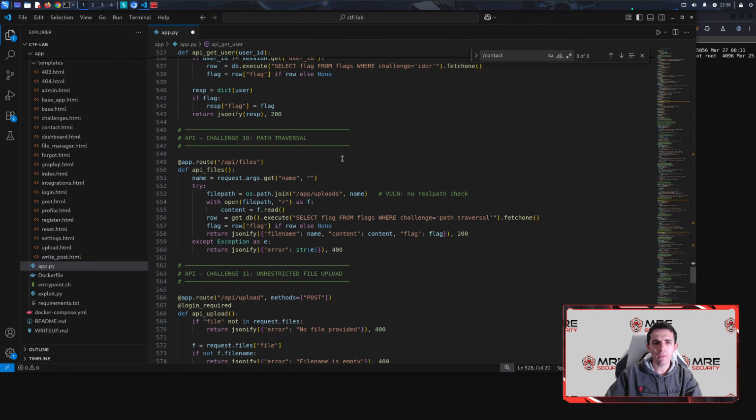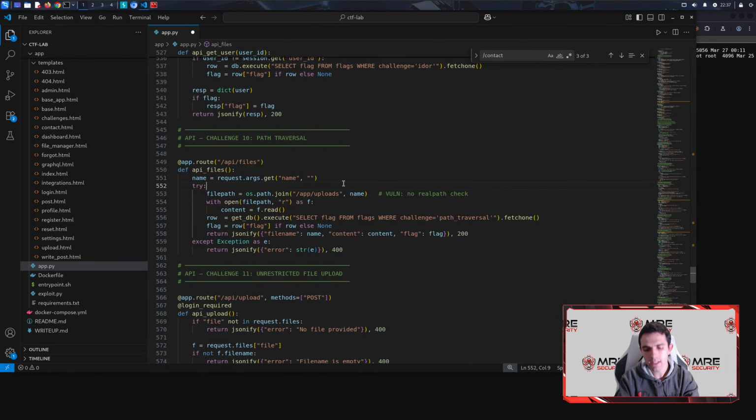Let's continue down the line. We do have path traversal, and this is something that I haven't really seen all too often in the real world. You will see it sometimes, but often you're not really going to be seeing it all too much, unless you're really dealing with file upload functionality or just files in general with a name parameter or a file parameter. From there, you can obviously find path traversal, which we're going to be able to see here. And essentially, it's going to grab the name. It's not going to do any sanitization on this name whatsoever. It's simply going to append it to the